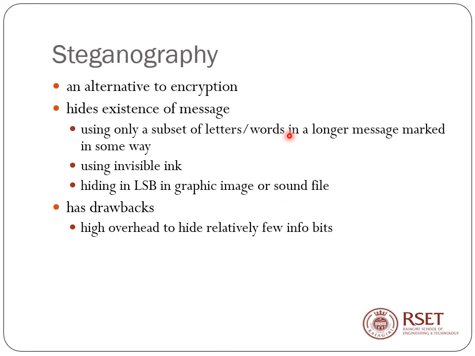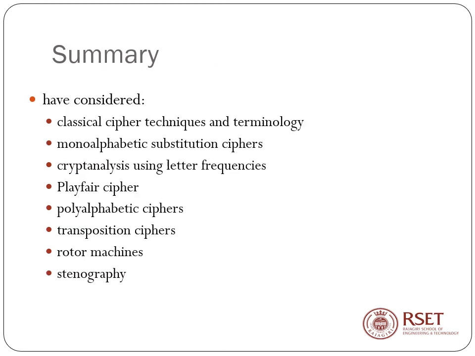Then as we move on, image processing is a very good area by which you perform steganography, hiding in the LSB in a graphic image or sound file so that it is not evident to anybody else. But when we look into more details, you will understand that there is some disturbance in the noise or some blurring in the image, and thereby you can understand that something is happening. So there is a high overhead to hide relatively large bits actually. So that is steganography.